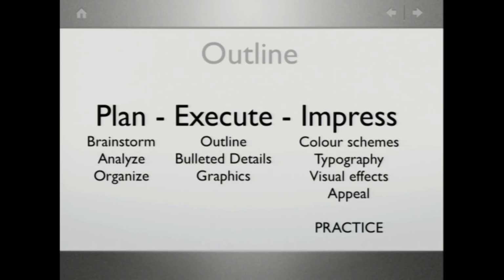And finally, when it comes to the impress stage, when you actually create a presentation which has that appeal, it involves things like the color schemes, choice of fonts, and the effects which are given out while presenting these slides, and all of these make up the visual appeal of that particular presentation. I need not stress upon this point because you all are pretty aware of this, that practice will make the presentation much better, because you never know what can go wrong at what time.